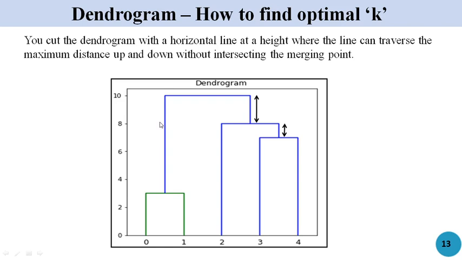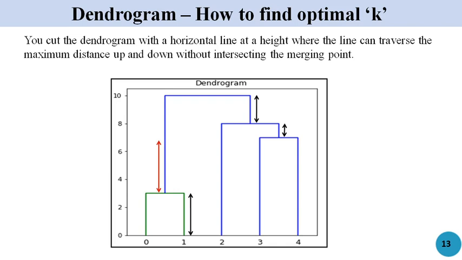Similarly, if I start from this point onwards, at this location I will find that there is a horizontal line here. Now let me start drawing a vertical distance from this point onwards. From here, if I draw a vertical distance, it will move up to this point where it is intersecting with the horizontal line. And finally, if I start from this point, I can draw a vertical distance till the end. Now these are the 4 vertical distances that I can obtain, and they cover the entire vertical distance through the dendrogram.